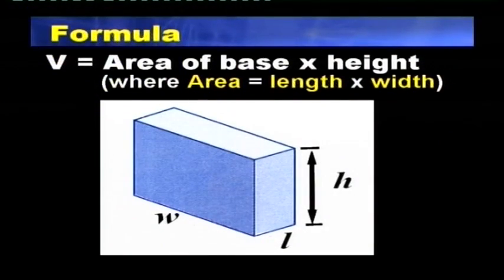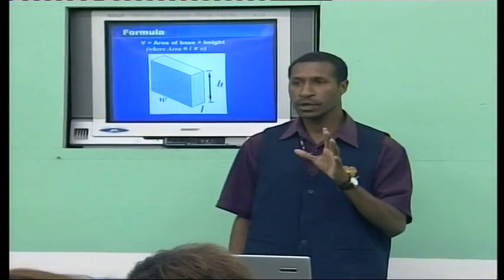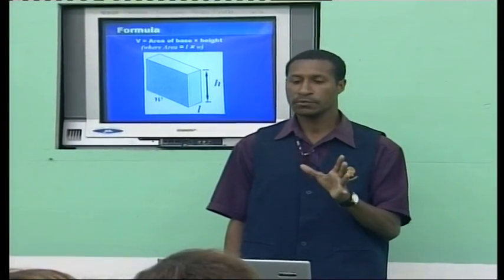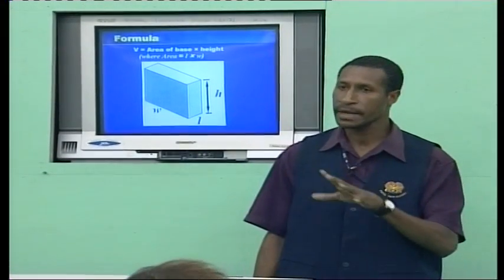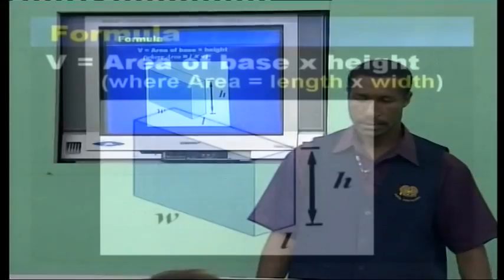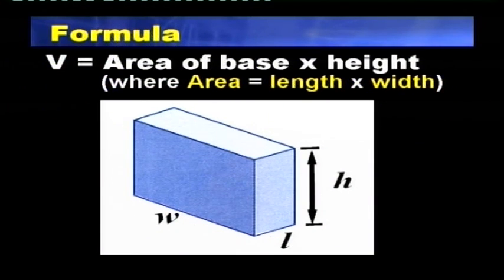Now, to find the volume of any prism, we use the same formula which we used in finding the volume of a rectangular prism. So, class, receiving students in 7Os, what is the formula that we use to find the volume of a rectangular prism? Volume is equal to